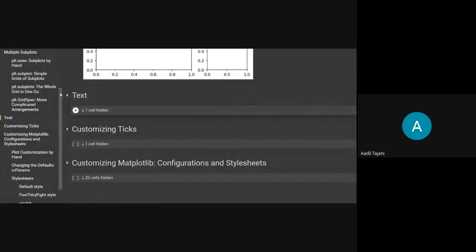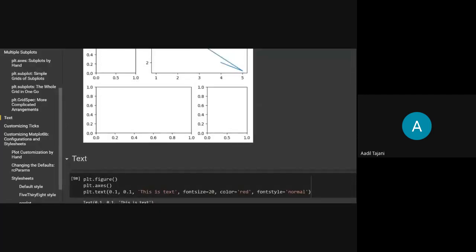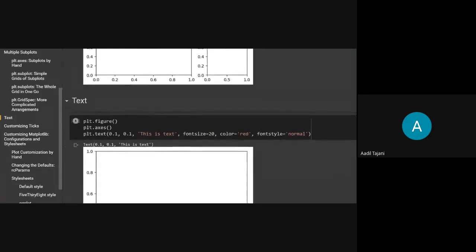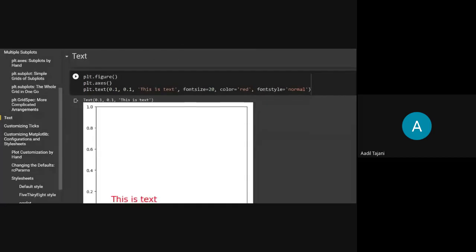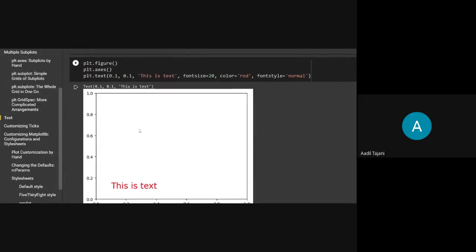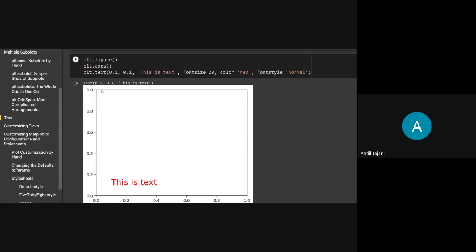You can also mention text in that figure. Okay, we have plotted, we have seen legend, we have seen labels, we have seen titles. But if you want to mention some text in that figure, in that canvas, you can also do that. So we'll just take a simple plt.figure, plt.axis to create a simple default figure. Then for text, it's just easy. plt.text, a simple command. Then you mention the starting position, the x and y coordinates from where the text you want to show should start. Okay, so I want to start my text from point 1 comma point 1.